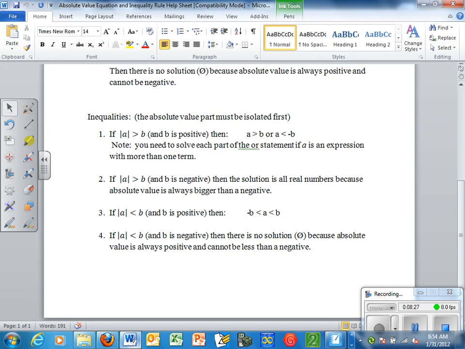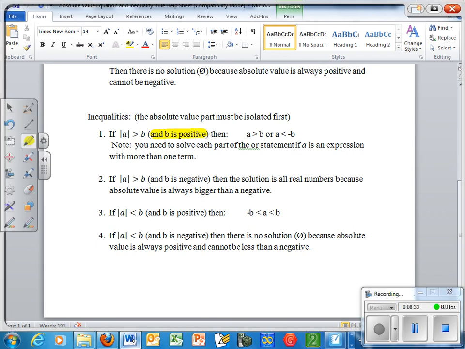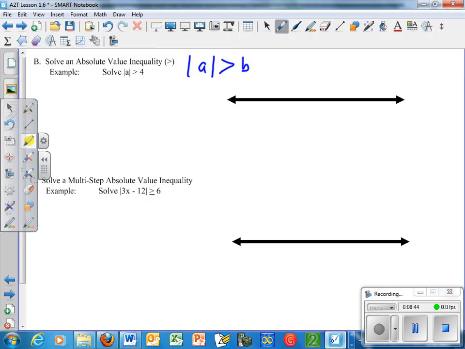So I have absolute value, so it's either 1 or 2. Notice the absolute value side is bigger. And B is a positive, so we're following number 1 here. Okay? It's an OR statement. So there's what we write. A is greater than B, or A is less than negative B. Okay, so